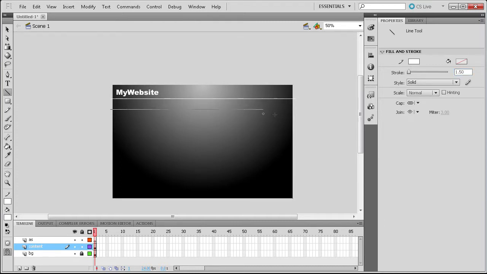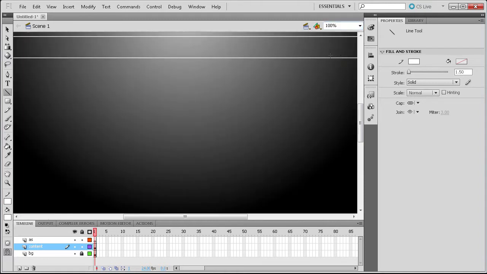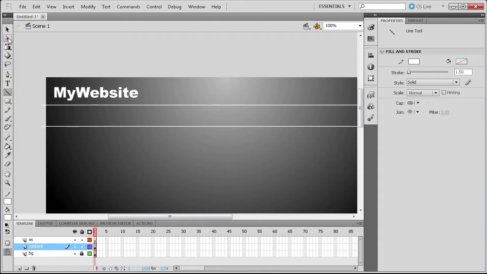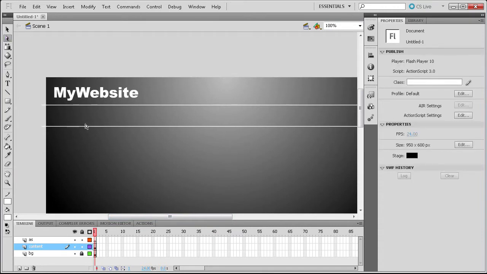Just going to do that. And I'm going to do another one, and I'm just going to zoom into 100%, and you can see that we got this right here. So if I take my direct selection tool, I'll be able to select this and then move this entire line